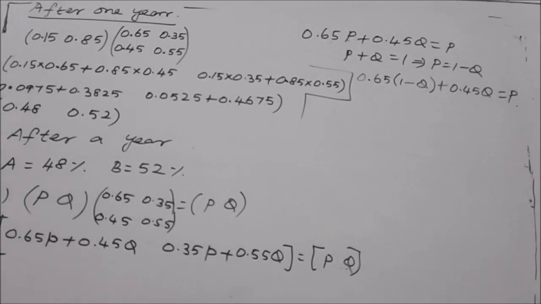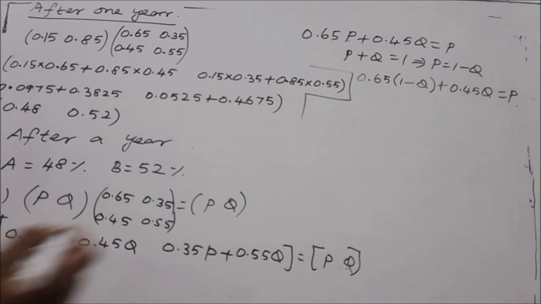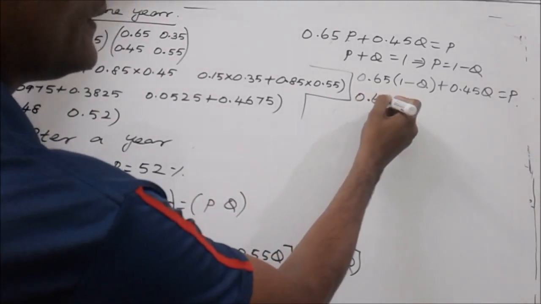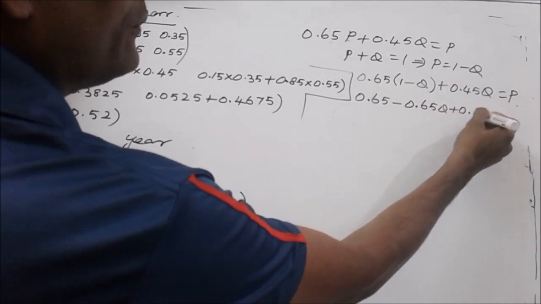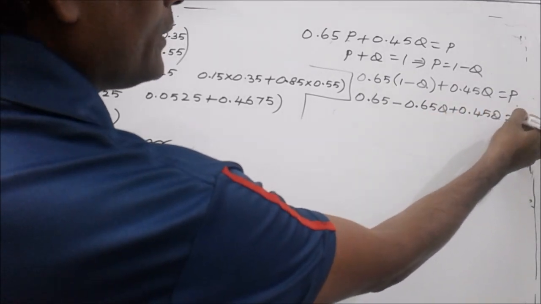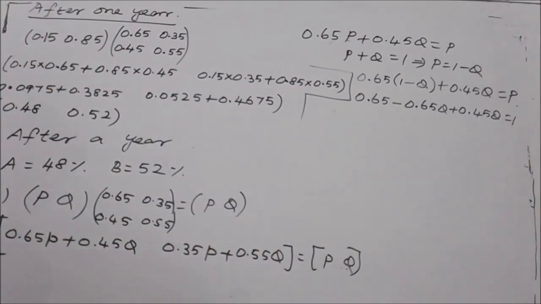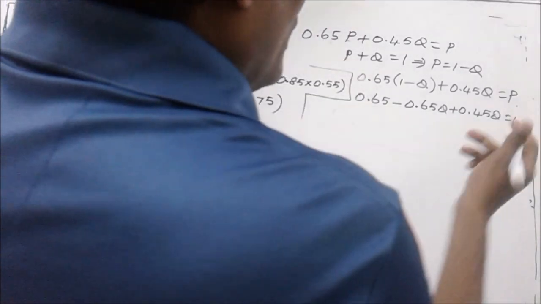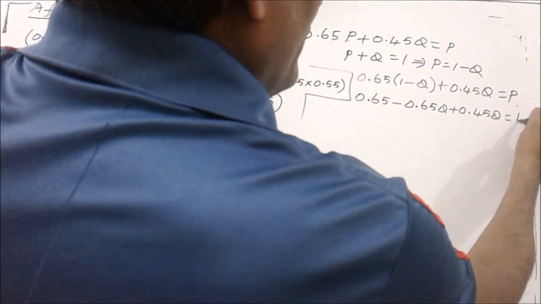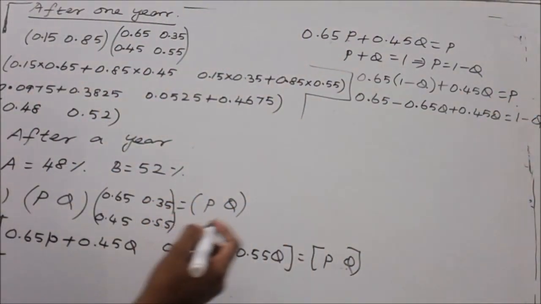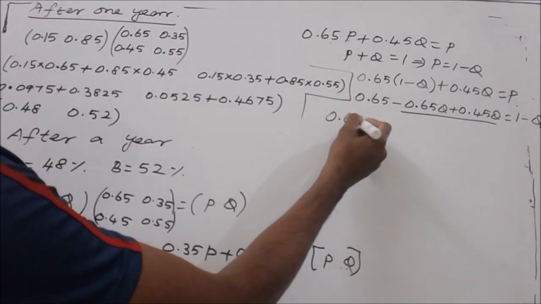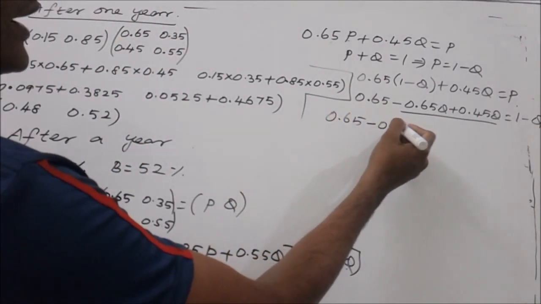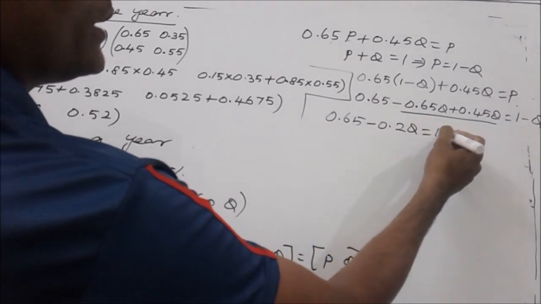Now multiply 0.65 inside, we will have 0.65 minus 0.65Q plus 0.45Q equal to P. And here also we should substitute P equal to 1 minus Q. Now simplifying these two values, we will get 0.65 minus 0.2Q equal to 1 minus Q,